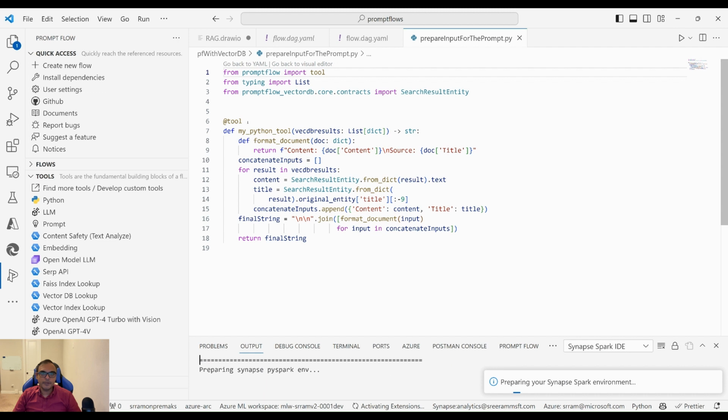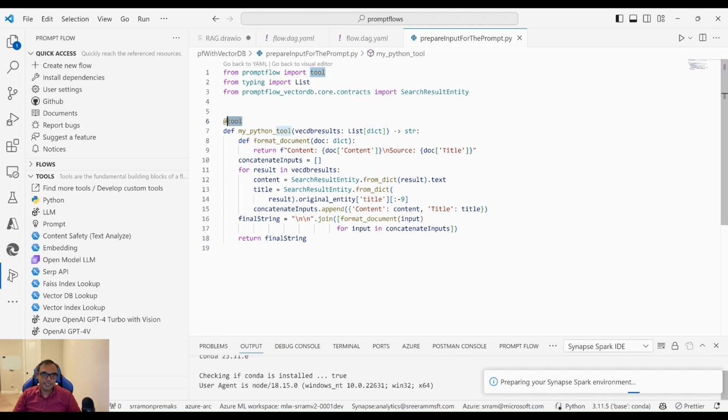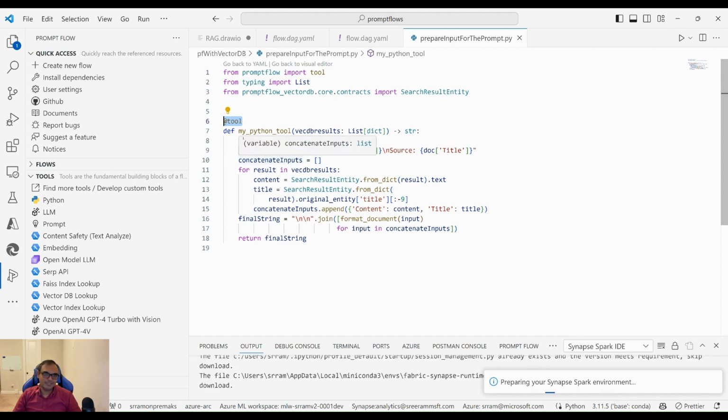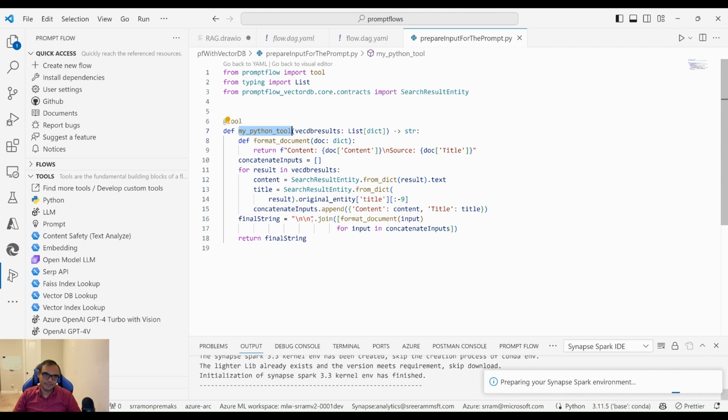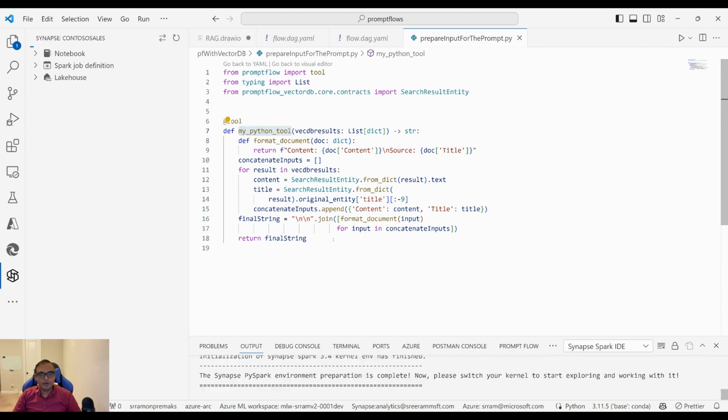The only thing you need to do is use a decorator, @tool, for this, and then you can write any name. It doesn't really matter. Don't worry about this logic. What this logic is doing is I am going through the results and taking the text from those results